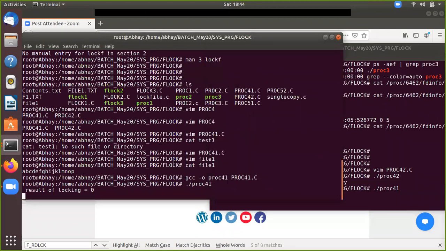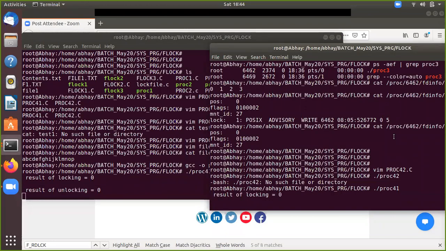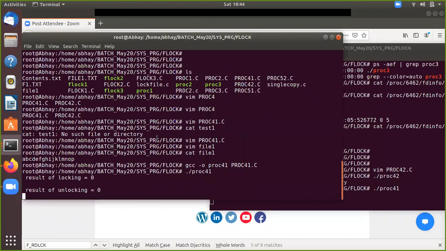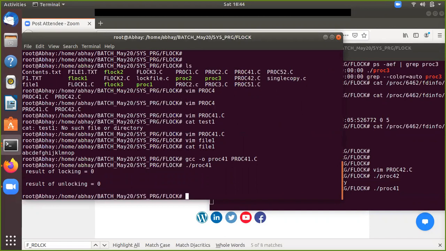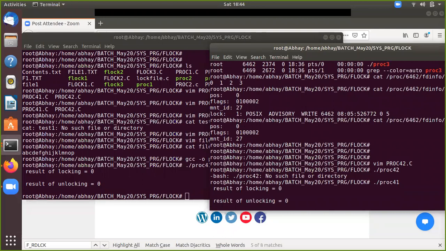So what is it? Can you show the code? Yes.